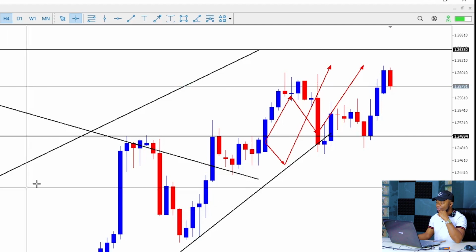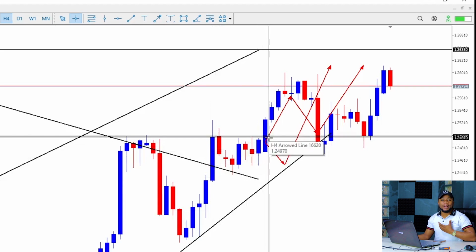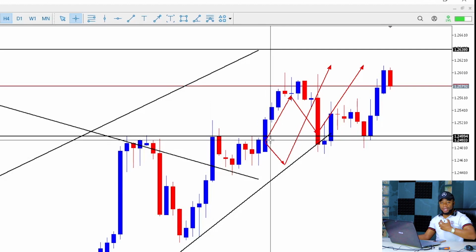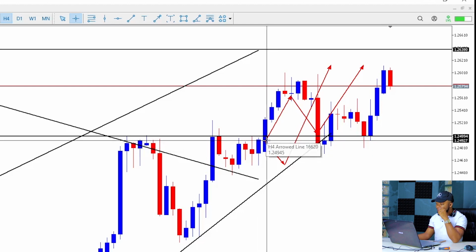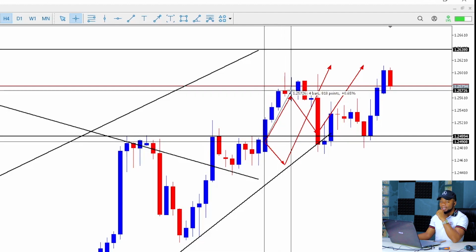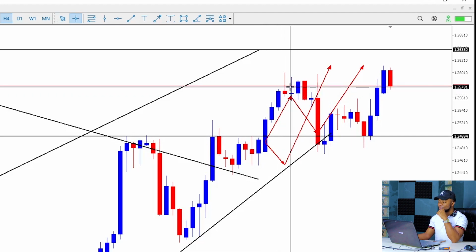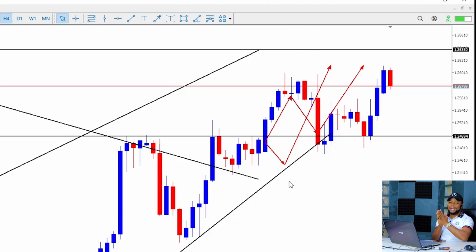So I already saw that, and according to my experience, I know the extent to which the market can breathe out before inhaling. The market can exhale before inhaling. I know that extent. So I know that if the market has to go up, I'm predicting the market can exhale or expand to this particular level. Then at this particular level, we'll expect maybe the market to pull back to this particular support. And guys, see what happened.